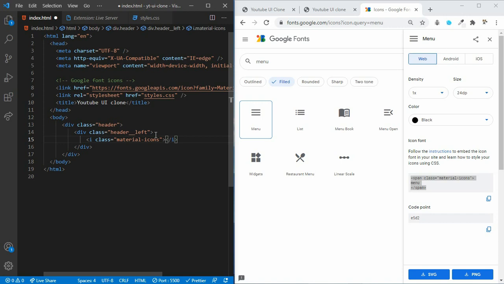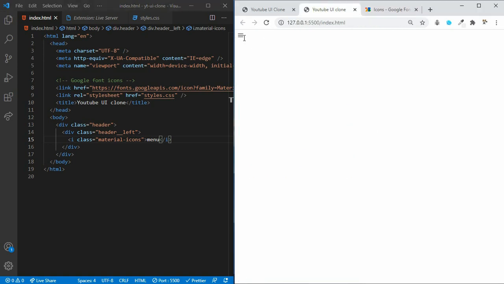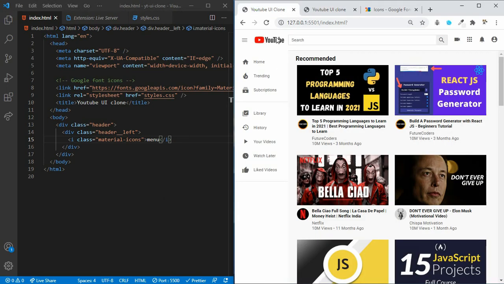Inside of this here, all we have to do is say menu. Let's save. Now let's have a look. As you can see, we have successfully imported the icon. Next, after that we will be having a YouTube logo.